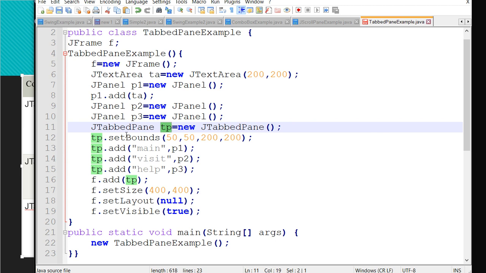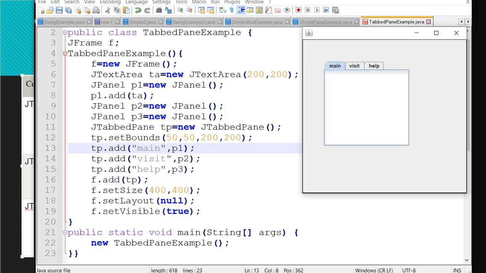So that is TP. Okay, TP.add the first tab. You can name the tab, or you can put the name of the tab. The first tab is named main. So you can see the first tab is main. Okay. Next, the second tab is TP, that is tabbed pane, add visit.